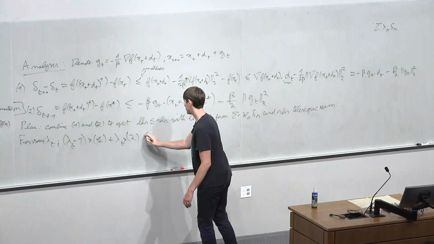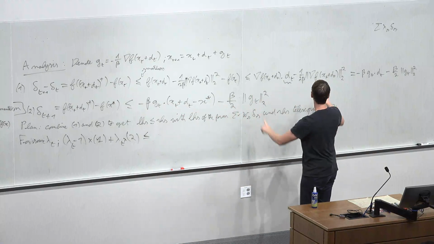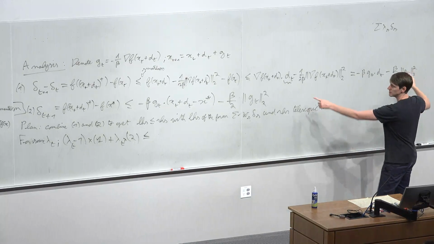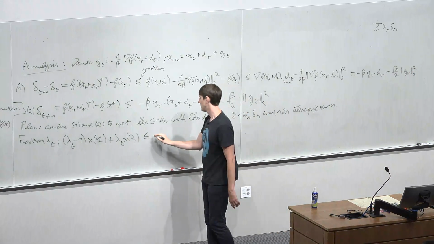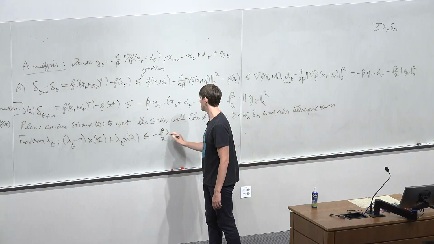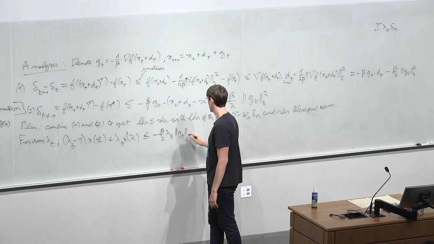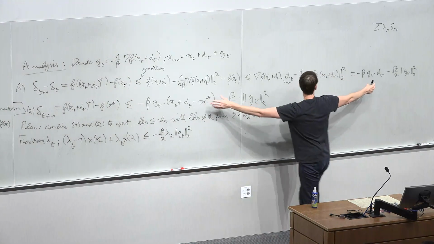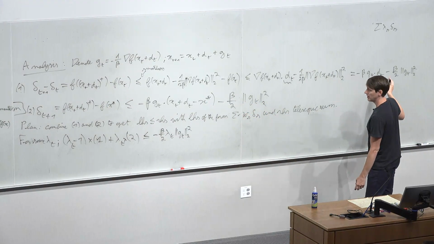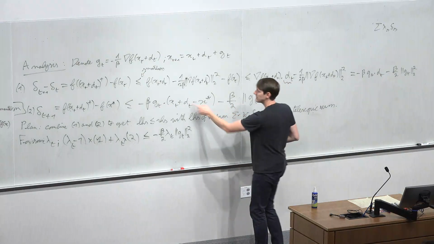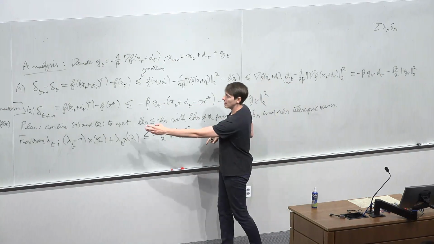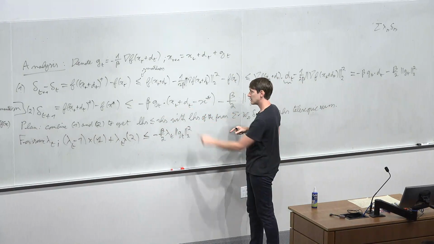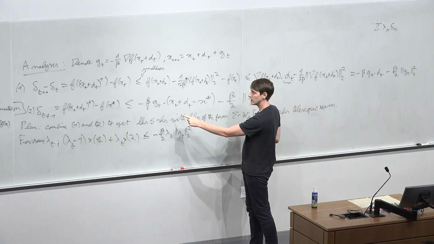What is this? Okay, so I have a minus beta g. First of all, I have minus beta over 2 norm of gt squared. It's in the two inequalities, so I get lambda t times this. So I get minus beta over 2 lambda t times the norm of gt squared. That's one term that I get. Now for the other one, I have minus beta gt inner product with two different things. One of them is dt, and the other one is xt plus dt minus x star. So when I take lambda t minus 1 times this one, plus lambda t times that one, what am I going to get? In front of the dt, I'm just going to get,